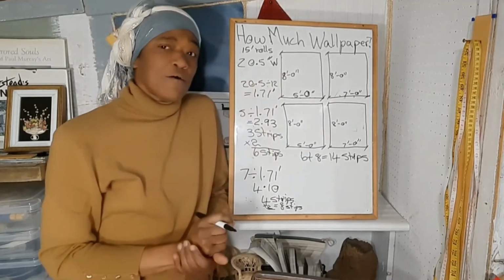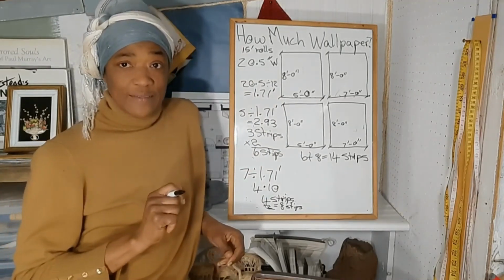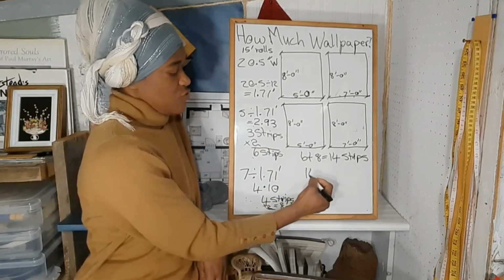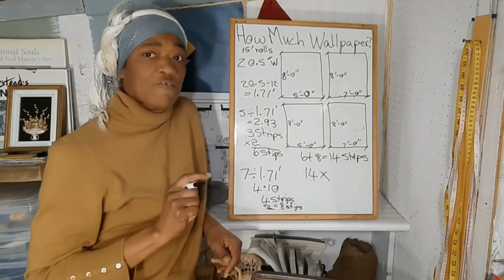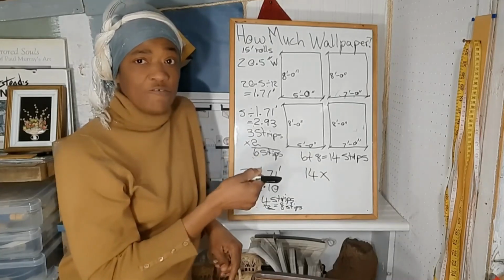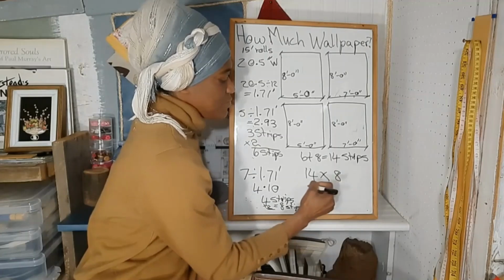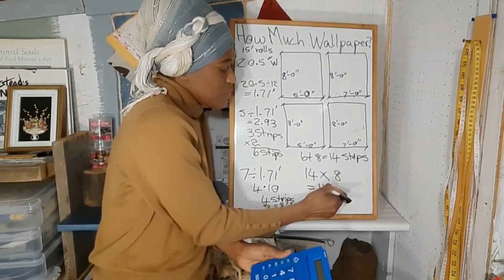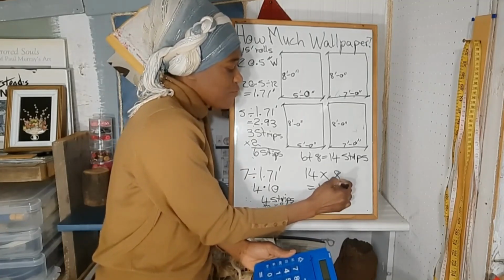So what about the height? What do we do next? This is what we do next. We take the 14 strips and we multiply that by 8 feet because the room is 8 feet high. So 14 multiplied by 8 equals 112. So we need 112